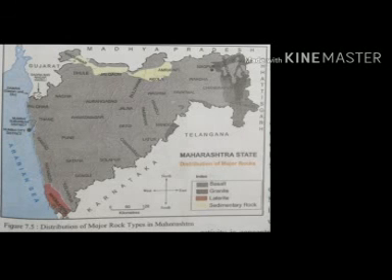Let us have a look at the distribution of these three major types of rocks in Maharashtra with the help of a map. This is the map which shows you the distribution of major types of rocks across Maharashtra. In this map, the distribution of major rocks is shown with the help of an index. So, the grey color shows the basalt rock, the dark grey color shows the granite, the brown color shows you the laterite, and the yellowish